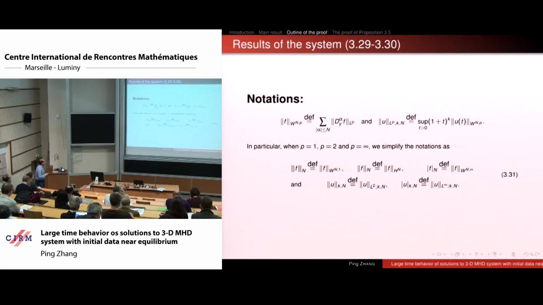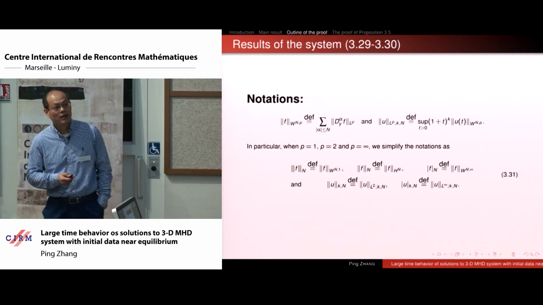So before I outline the proof, let me recall some notation, like the W^{n,p} norm, the classical Sobolev norm. This L^{p,k} norm denotes the decay of this W^{n,p} norm of this u(t) with decay rate minus k. In the particular cases when p equals 1, p equals 2, and p equals plus infinity, we can simplify the